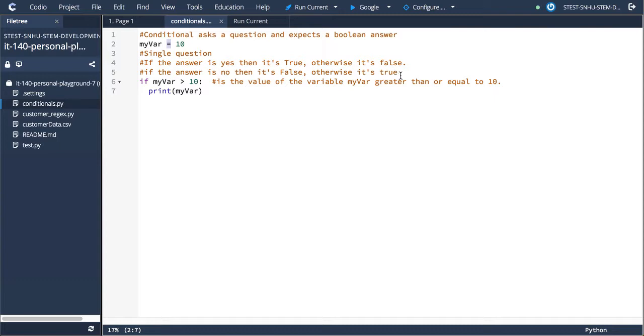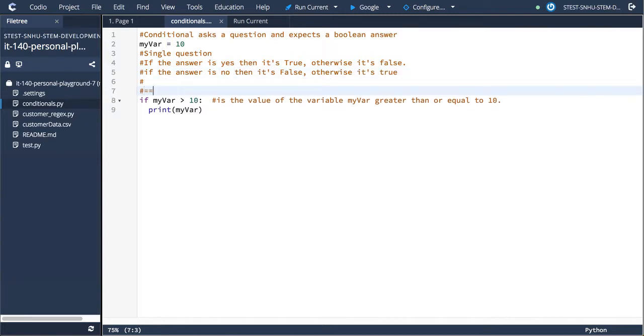In Python, there is also something called the double equal sign, and this checks for equality. Equality is simply if two things are the same, and in this case it would be the thing on the left hand side and the thing on the right hand side. So if I want to demonstrate this really simply and easily, I can say if 10 is equal to 10,